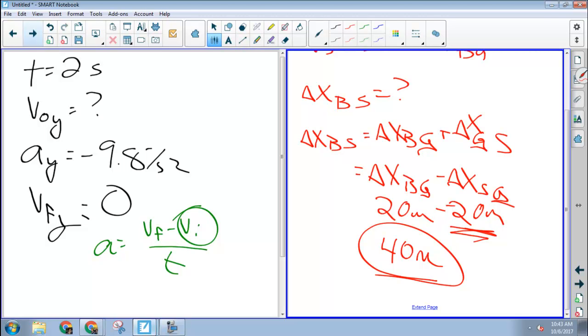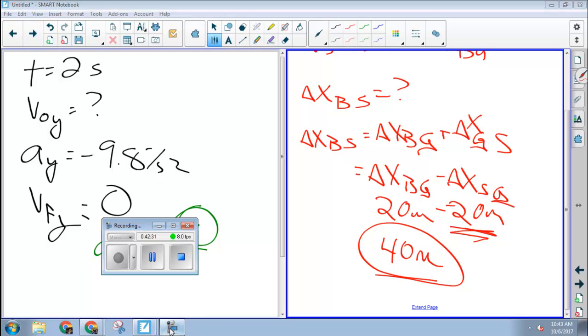Are we feeling better about this, you guys? Somewhat. No, somewhat. Yes, I see some nods. If you're in the no camp, if you're in the